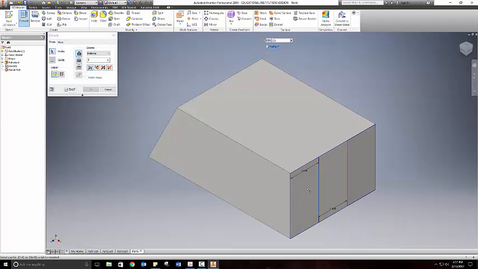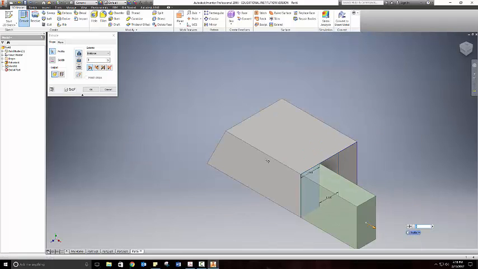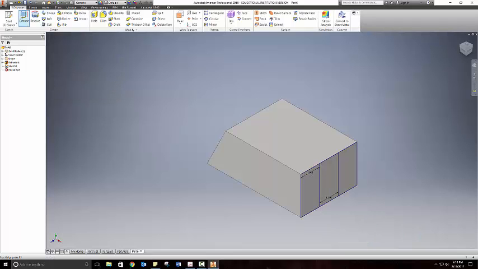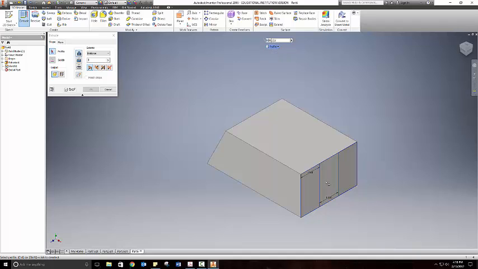We have to tell the computer which one of these sections we want to extrude. You have to carefully select the one that you want to work with. Oops, I made a mistake. I clicked the wrong one. That's okay. Click cancel. Go back and click extrude. So whatever one I want to work on,